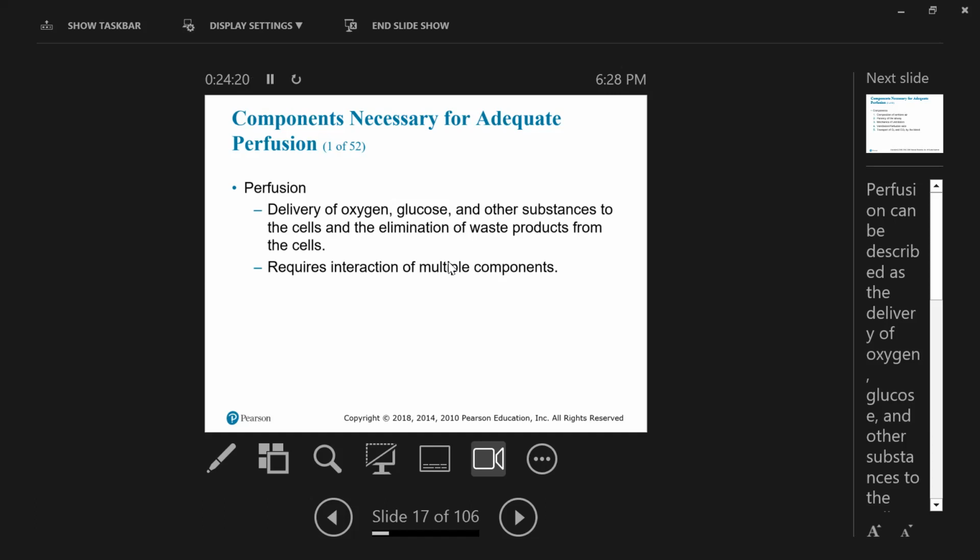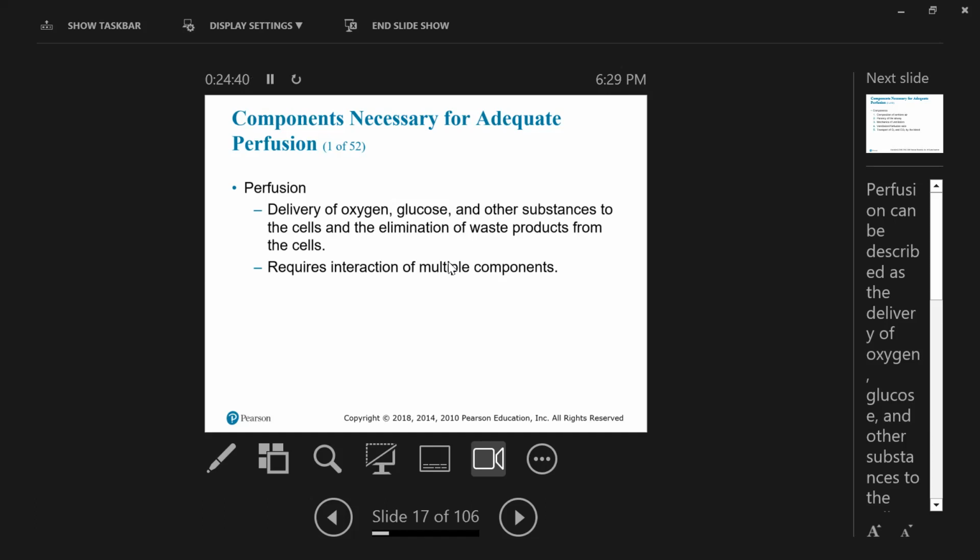Okay, for perfusion, now you have heard of this word perfusion, right? Big, nasty word, perfusion basically means oxygen from the outside has to get to your cells. It has to go through the whole process. So perfusion is basically